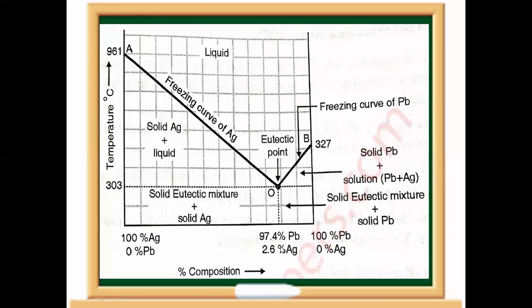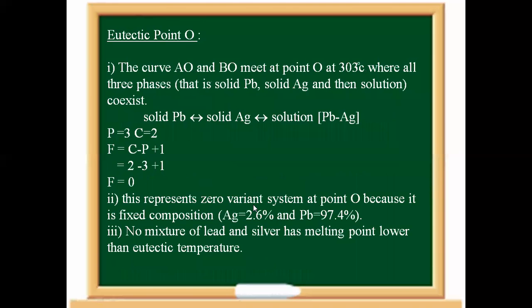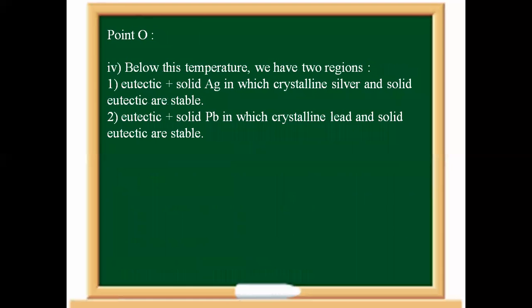Zero signifies that the composition formed over here of lead and silver is fixed, where it is 97.4% lead and 2.6% silver. This composition we call the eutectic composition, which is happening at point O. So at point O we will understand, but below point O, there is this